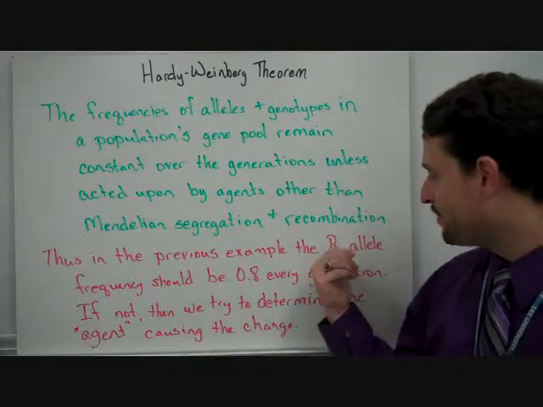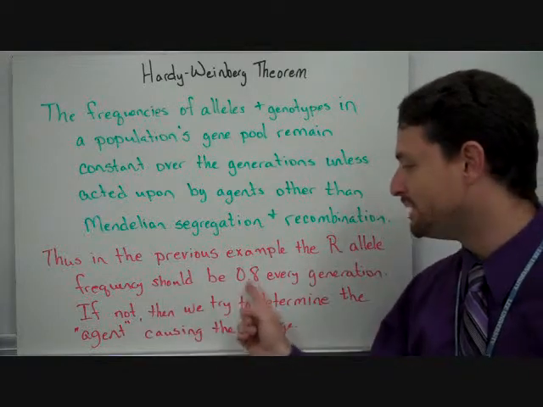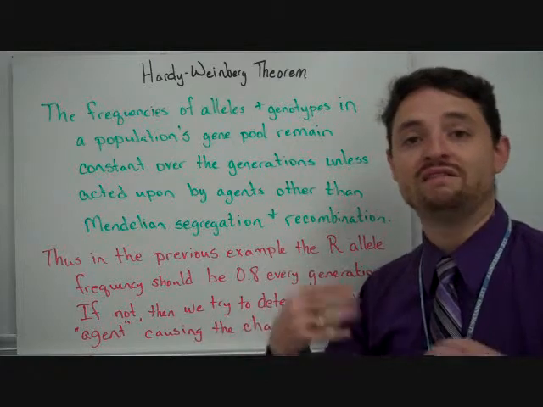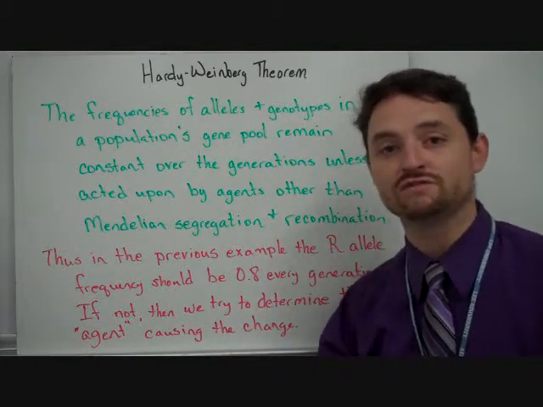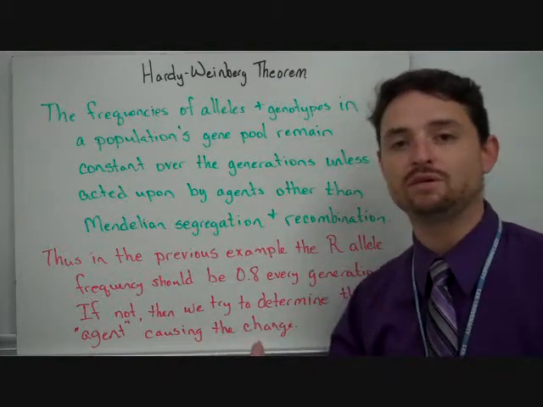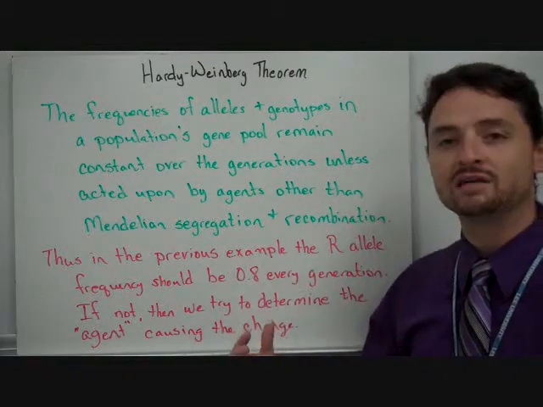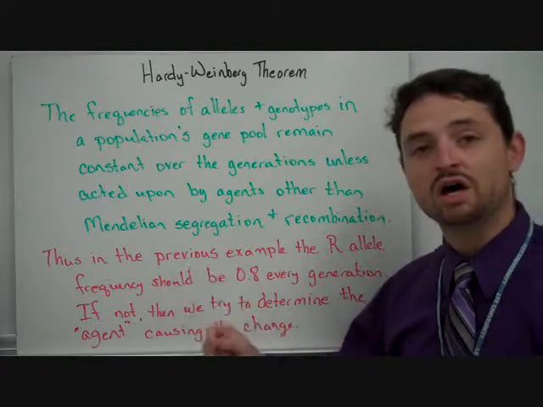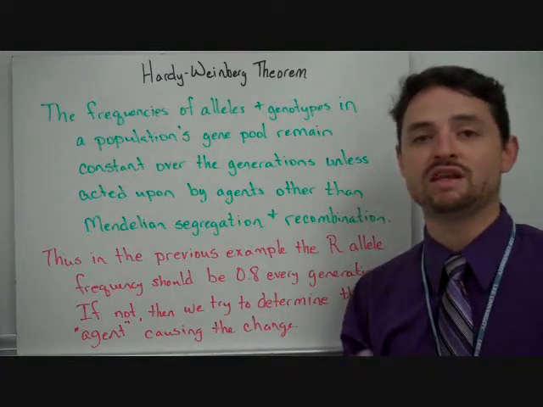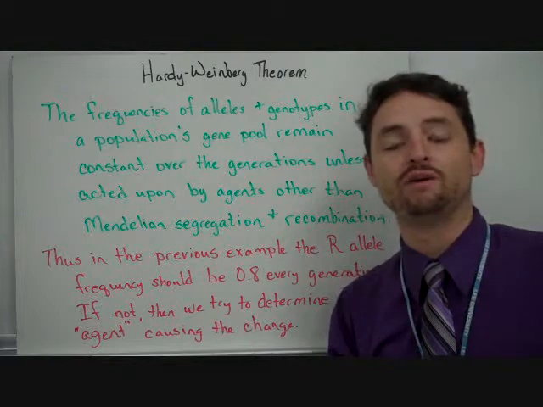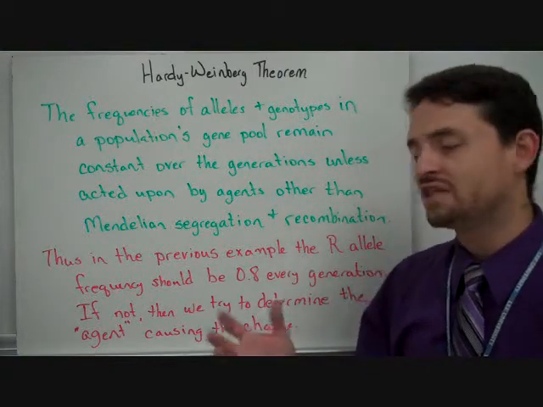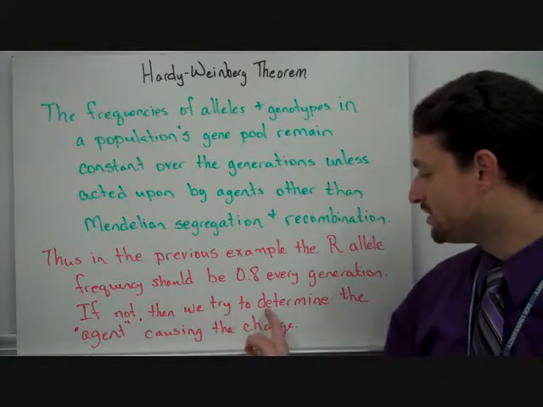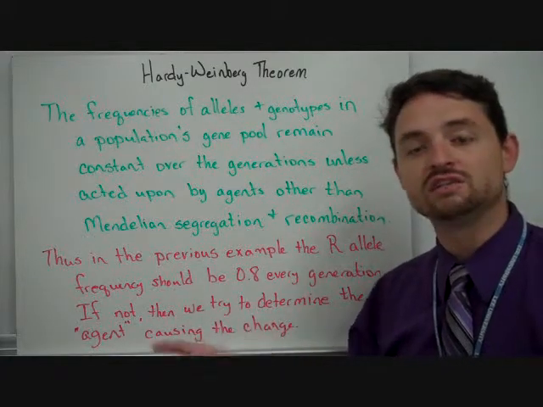So let's go back to that previous example. In the previous example, the big R allele frequency should be 0.8 every generation. So as we look at the next generation of flowers and the next generation of flowers and the next generation of flowers in that population, we should be able to calculate that the big R allele is at 0.8. If it starts to change, if maybe in the next generation it's 0.6, 0.5, 0.4, we're seeing a difference every generation, then we know that there must be an agent causing some kind of evolution